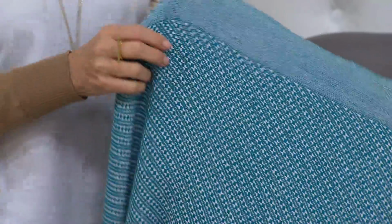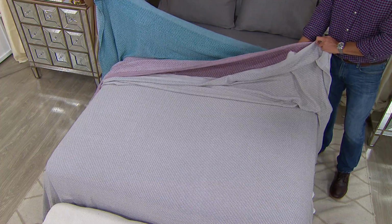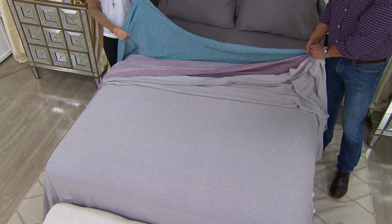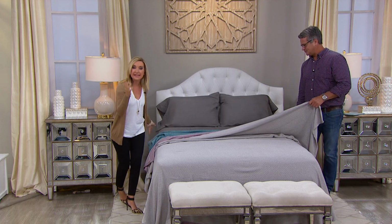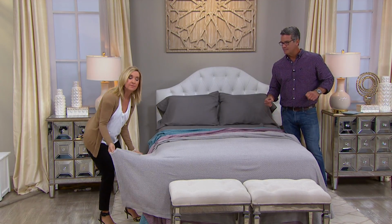It matches your shirt very well. And then the turquoise. I can wear the gray and the plum. And the blue matches beautifully. All of them go with my shirt. These are nice and light. You can see the drape, but remember, the king is the same price. So if you want it more like a to-the-ground bedspread,